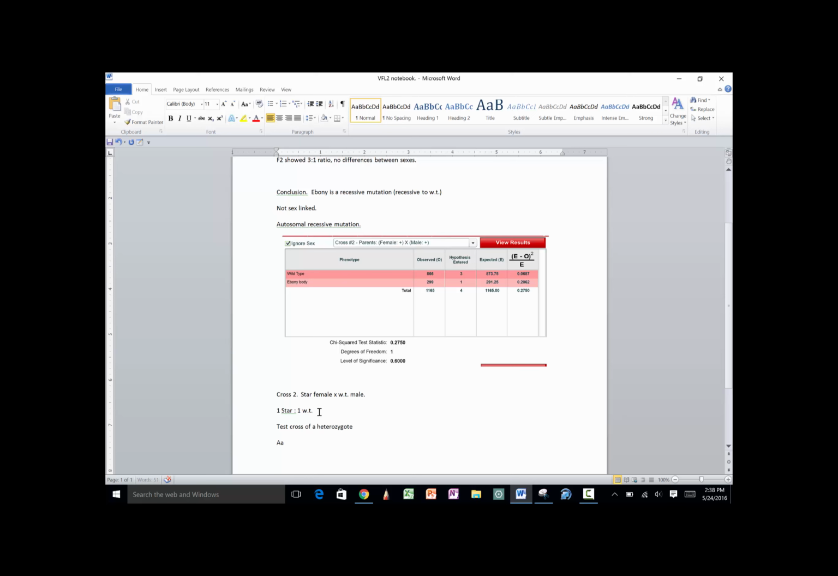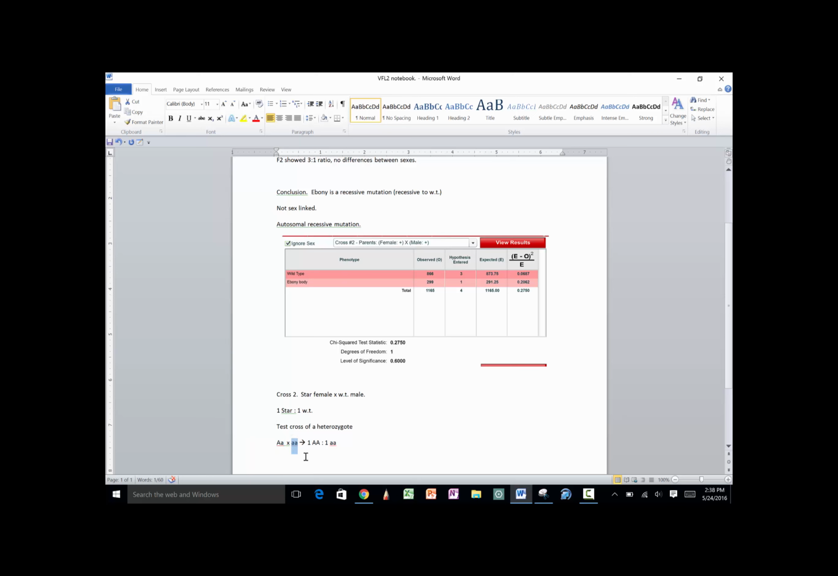What does that mean? So we got big A, little a, cross to little a, little a. That gives us 1 big A, little a to 1 little a, little a. All right, so maybe that's what's going on. If that's the case, then one of our flies is heterozygous and shows the dominant phenotype, and one of our